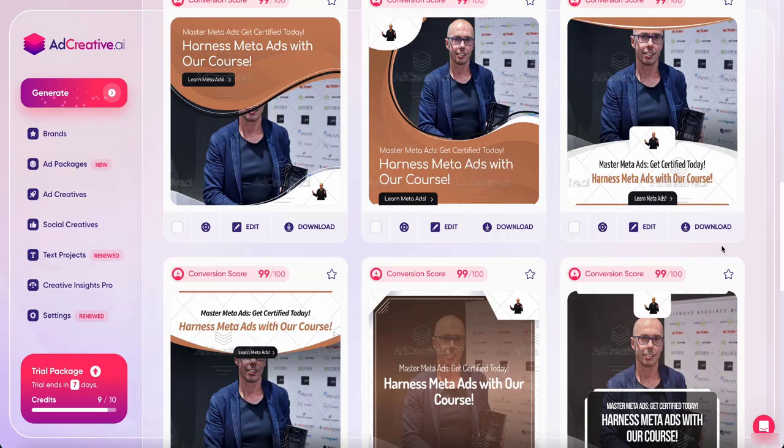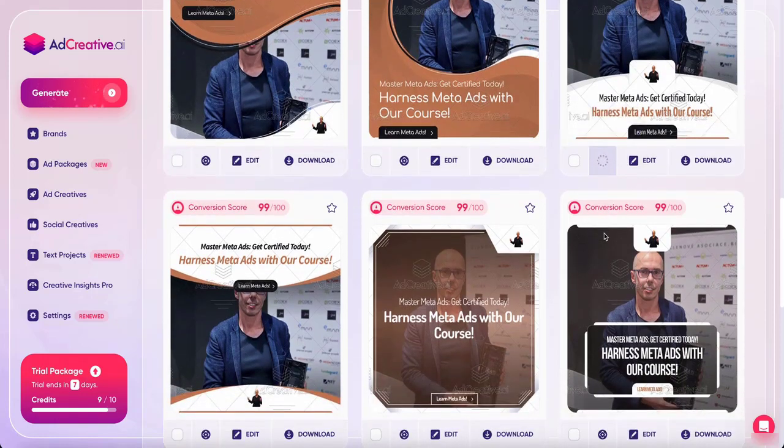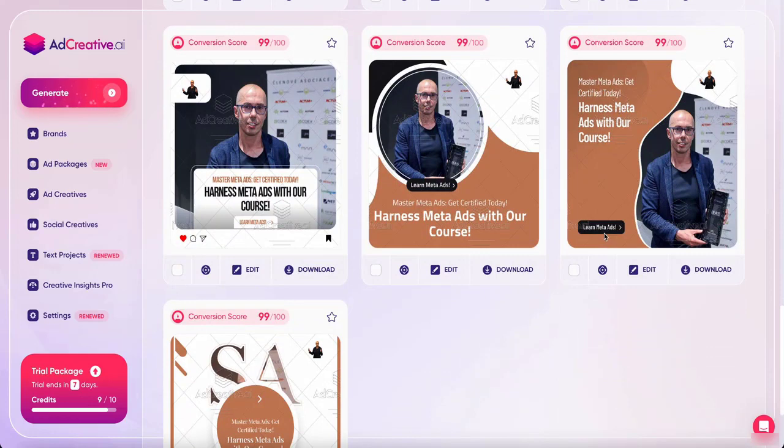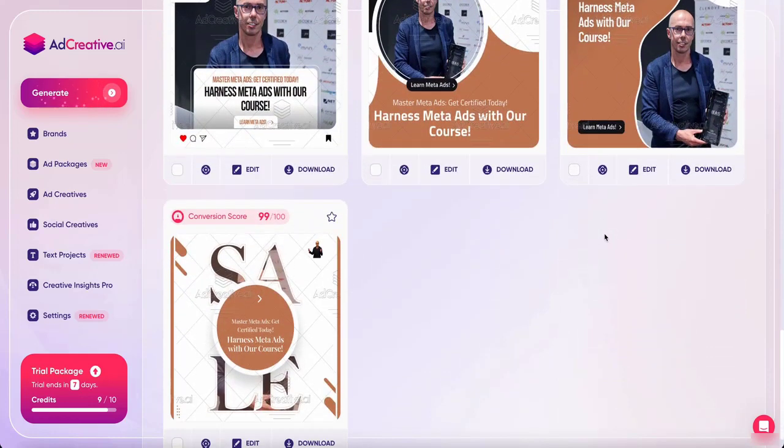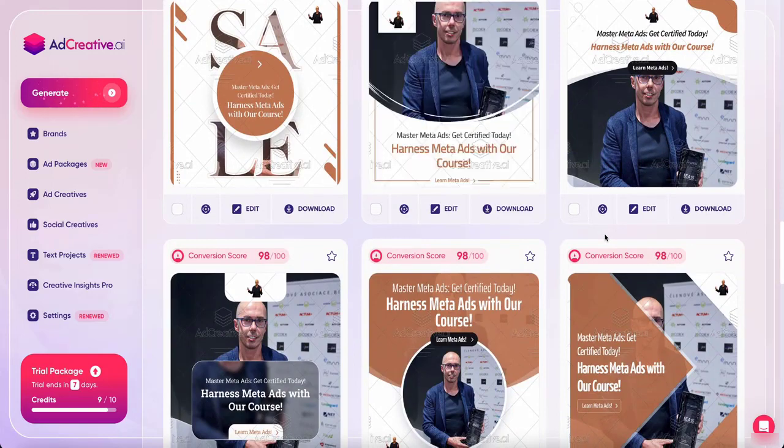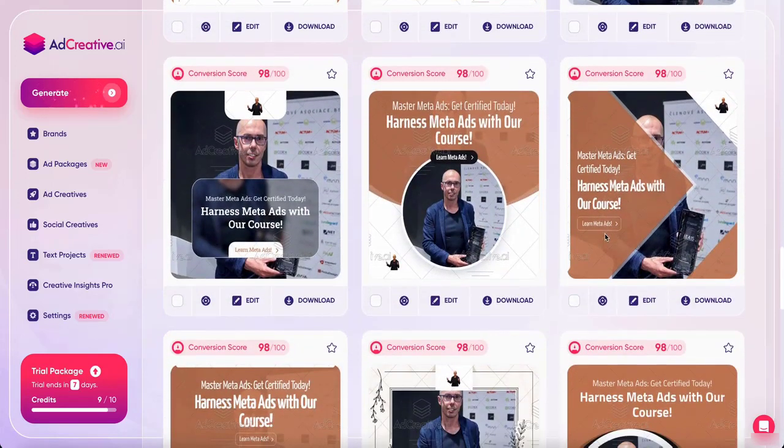And then basically what you can do, you can also render this image in other sizes. So if you like some layout, you can click and it will give you some ideas, and it will create for you. So you have the story, you have the square, you have the vertical, you have the pin. It will generate for you. Sometimes this generation takes a little bit of time, but basically, as you can see, it can come with many great ideas.